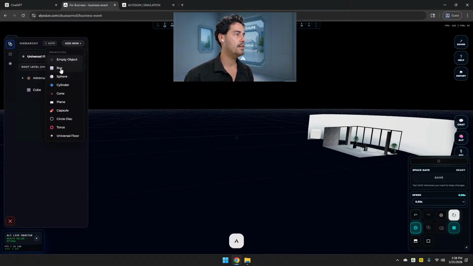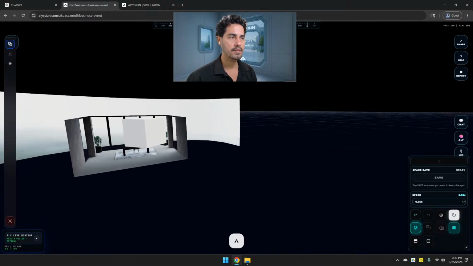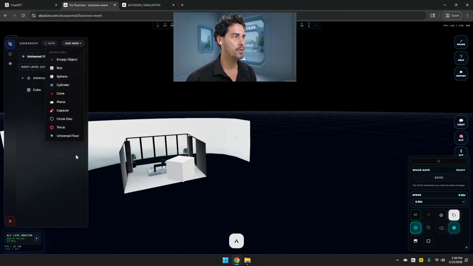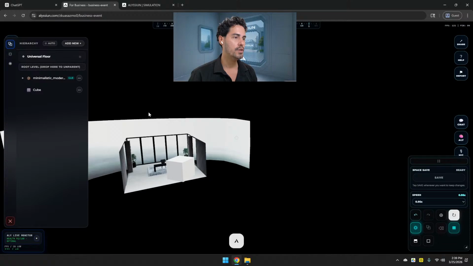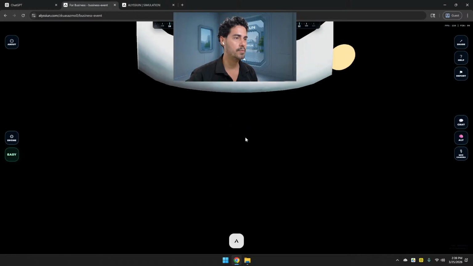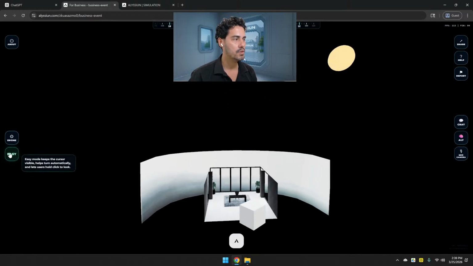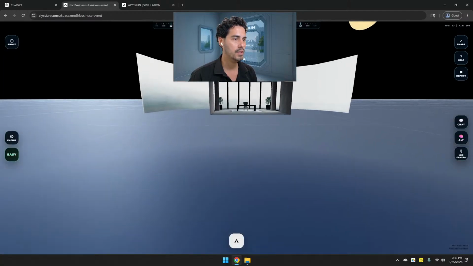Here we have basic things like empty object, boxes, a sphere, a cylinder, floor. By default, the system is created with a universal floor, because if we don't have it and you create the space, your avatar is going to be falling and respawning every time. That doesn't make sense. That's why I created a simple universal floor. You can deactivate it, but if I close the engine, exactly what I was saying, you see it's falling and respawning again and again. By default that floor is activated, so you don't need to worry, right?